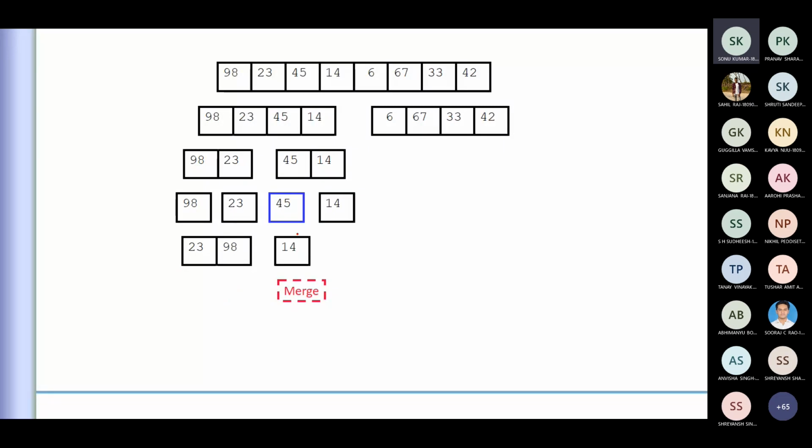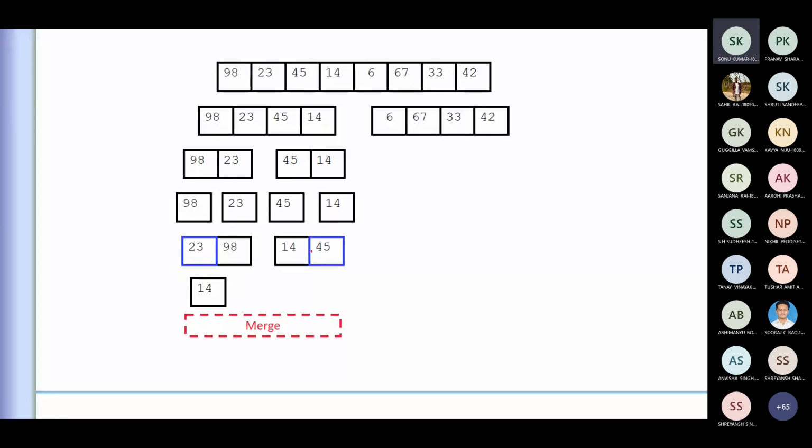Once we merge, if you observe, these two are sorted and these two are sorted. But we have to merge these four elements. Again, while merging, we compare the first index of this with the first index of this, and see which one should come first in the required ascending or descending order. Accordingly we place them. The 14 will be placed first, and then the comparison happens with 23 and 45.